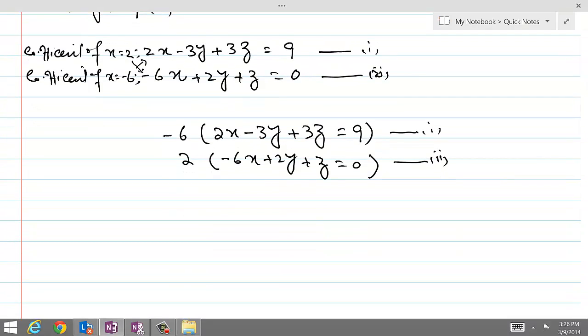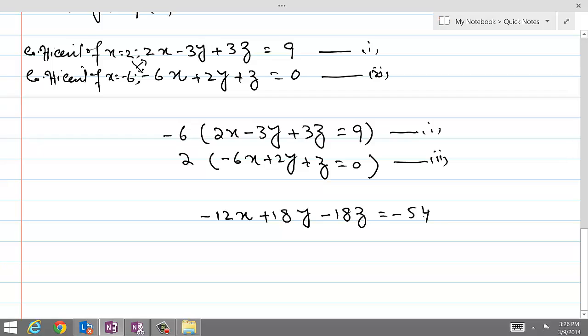And once we multiply, this will become minus 12x plus 18y minus 18z equal to minus 54. And the second equation, minus 12x plus 4y plus 2z is equal to 0. So these are the equation 1 and equation 2 again, and they have the same meanings